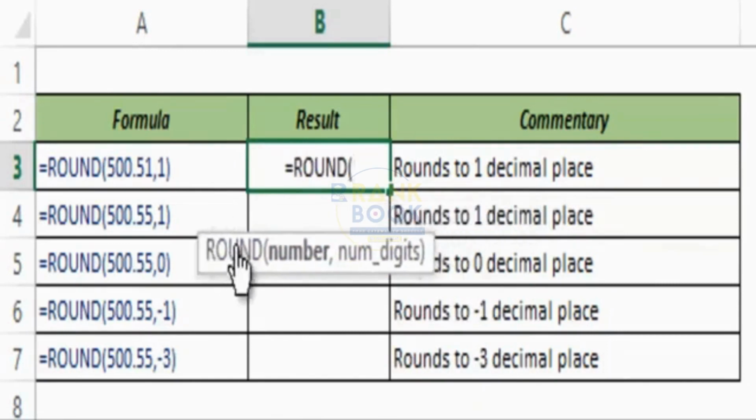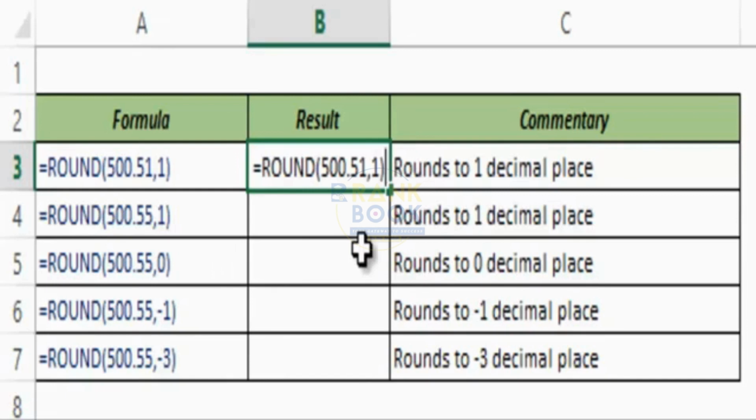You can see this takes two arguments. First is the number that you want to round off, and the other one is the number of digits or the number of decimal points till which you want to round it off. So let me take an example of the number 500.51, and I want to round it off till one decimal place. So now when I hit Control Enter, this gives me 500.5 as it has rounded it off to the